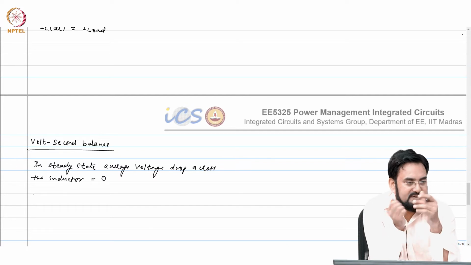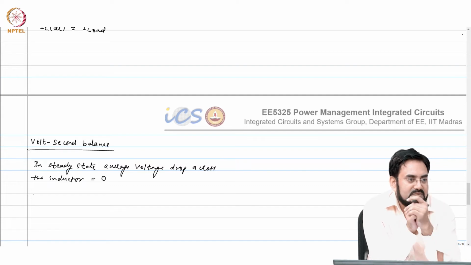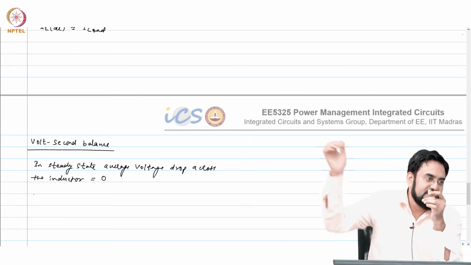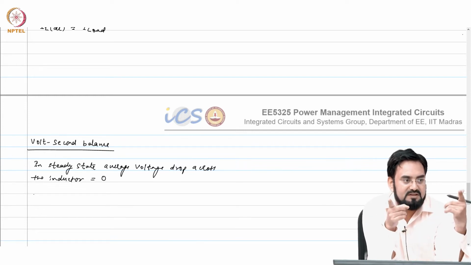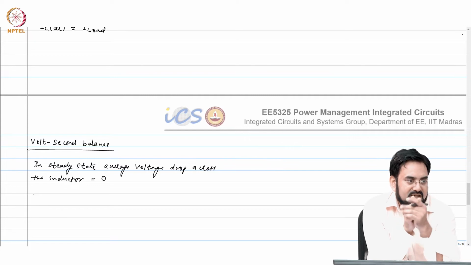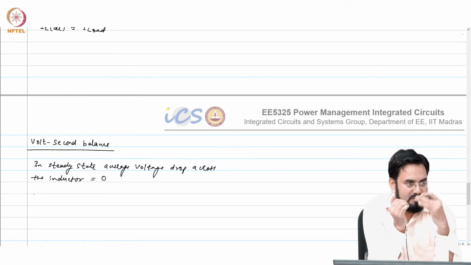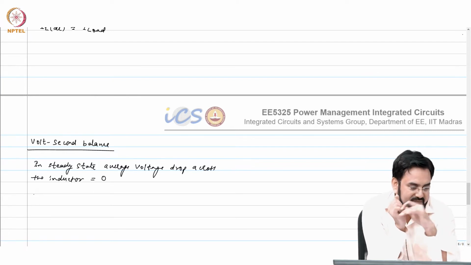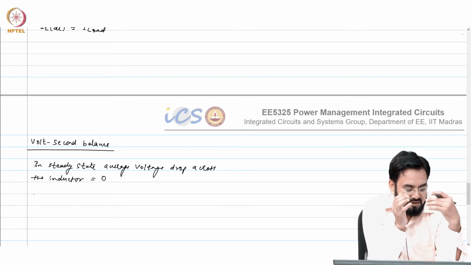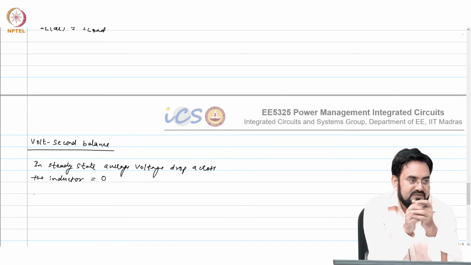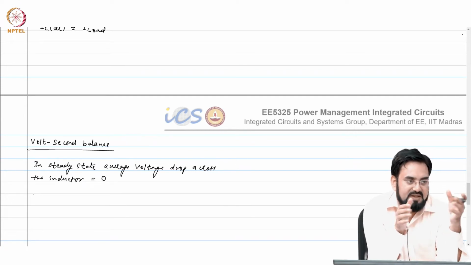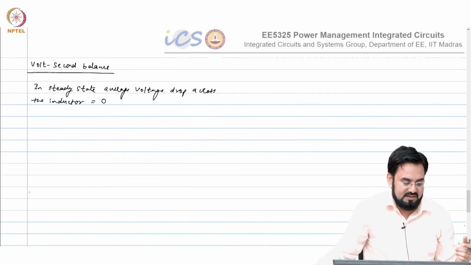Same if we talk about the capacitor, then what do I have to maintain at 0? The current has to be 0, otherwise your voltage will keep rising. So, they are exactly opposite to each other. Here current will rise if you give any voltage across the inductor. In case of capacitor, if you give any current, positive or negative, your voltage will never settle. So, in steady state you have to maintain 0 voltage across the inductor, and for the capacitor, you have to maintain 0 average current.